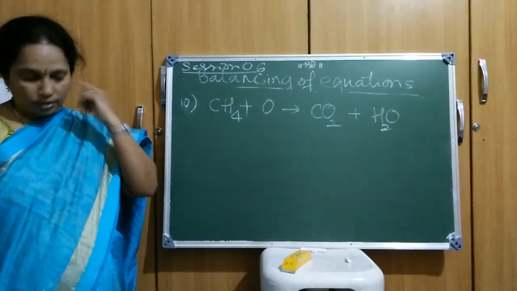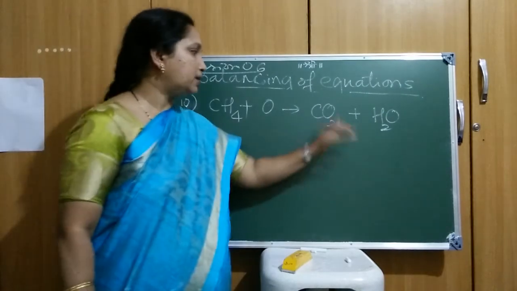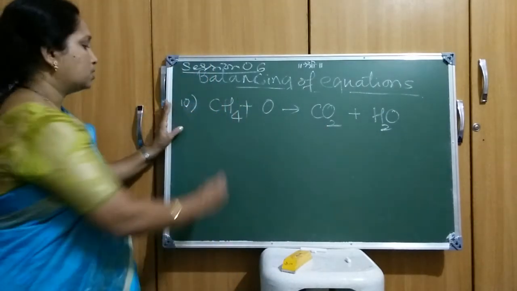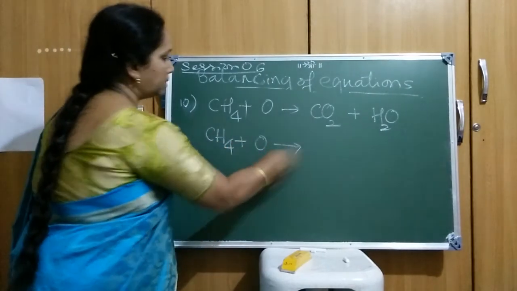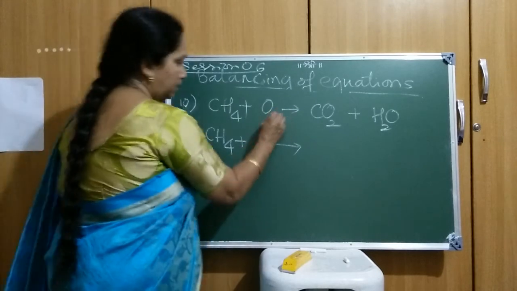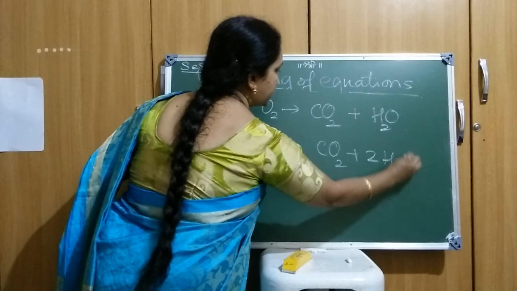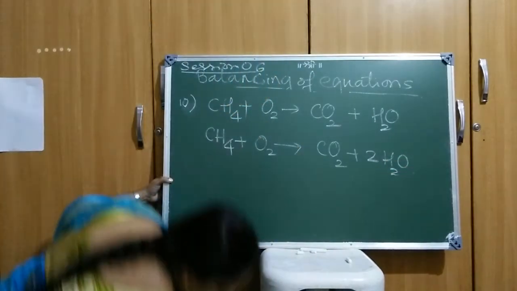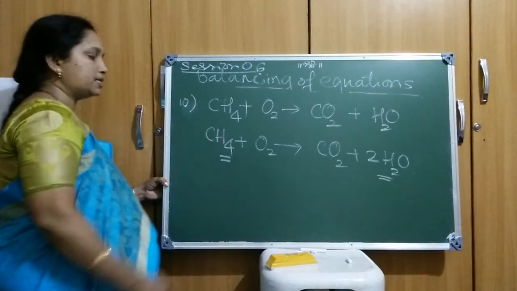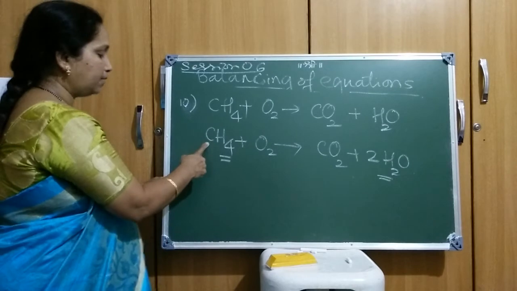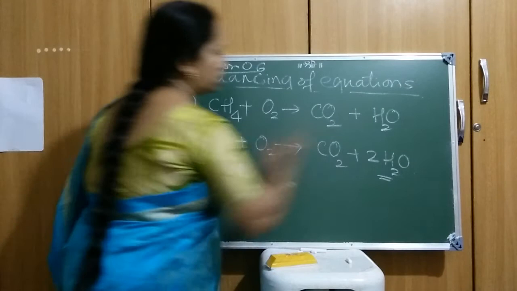So I can go for balancing the hydrogen first, as it is 4 over here and here only one hydrogen is there. So I'll write down the equation as CH4 plus O2 gives CO2, and I'll write down here 2H2O to make it a 4. Okay, so you understood? That is H4, here H4, so hydrogen is balanced now. What about the carbon? Here one carbon it is there, so one carbon it is there, and 2 oxygen it is there, and 2 oxygen, right?